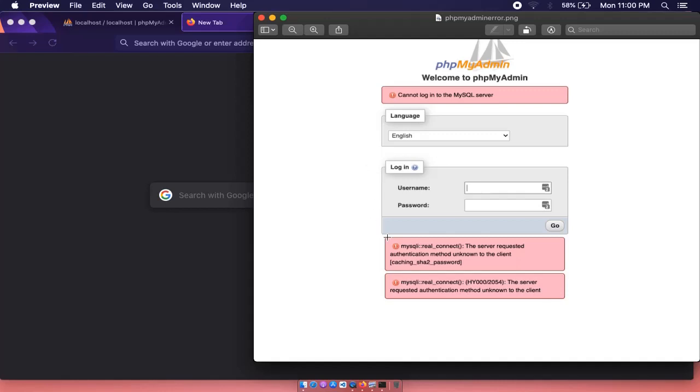Today we'll be looking through some of the basic common issues that we get while logging into our phpMyAdmin dashboard. So this is the issue that we get. Though you know the MySQL admin username and password, it gives an error like this, that is, it is cached before. Now if you want to resolve this issue, you don't have to go through some of the struggles that I have made. I've just deleted the config file and written the same code for the user. I have changed the username and